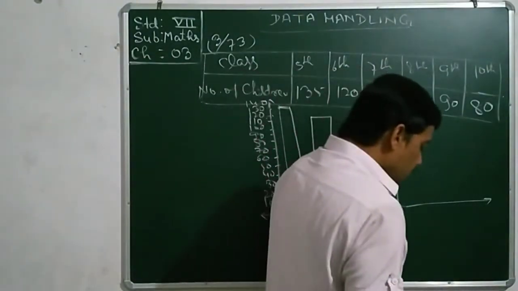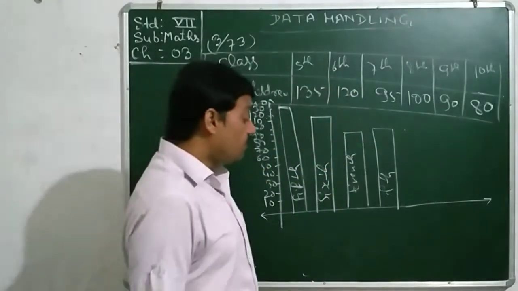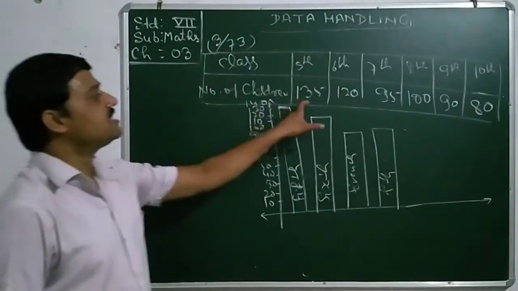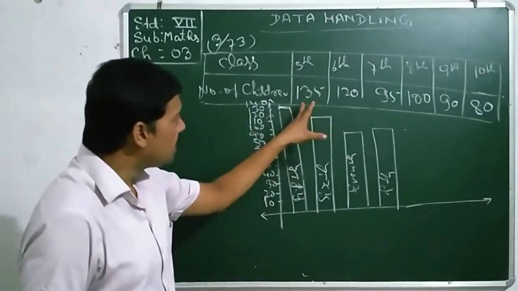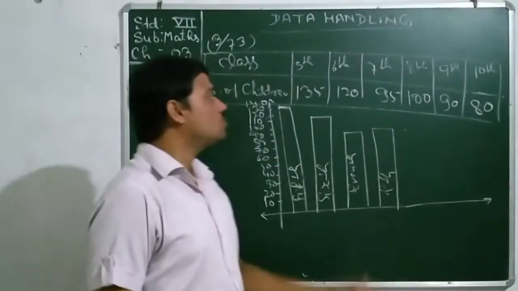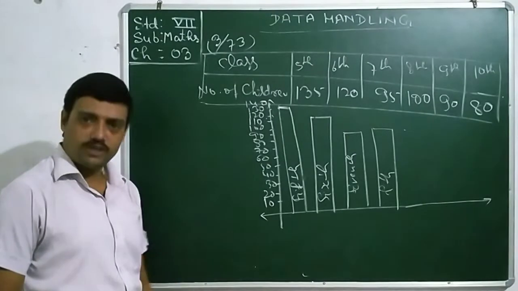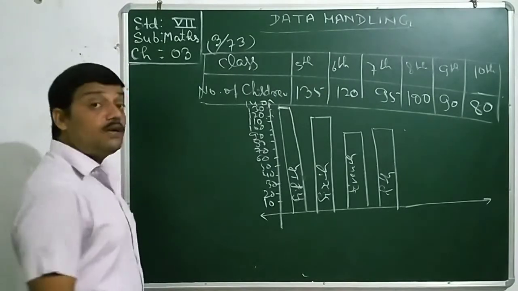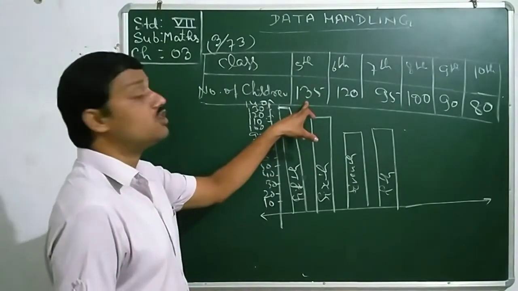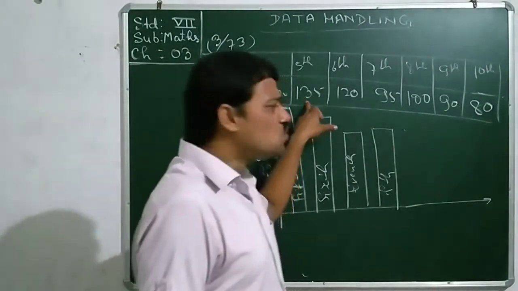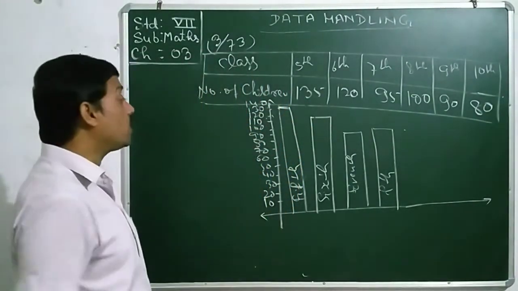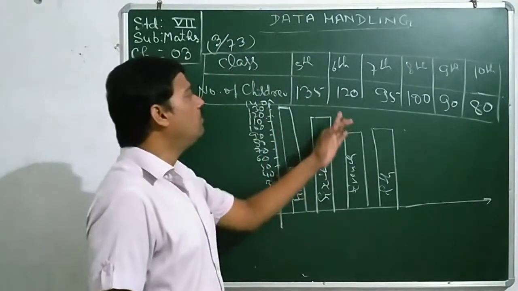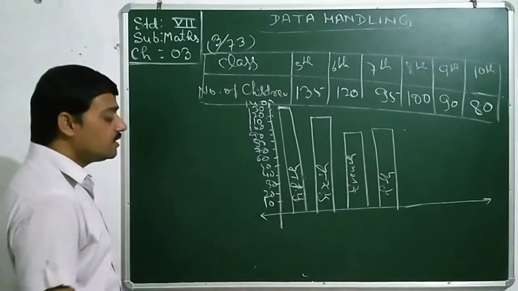And now look at the questions asked there. The first question is, how would you choose a scale? Of course, the figures are given as multiples of 5 or 10. So choosing a scale of either 5 or 10 would be convenient. If we take the scale of 5 to represent 135, we would need a very long axis. That's why we will use the scale of 10.